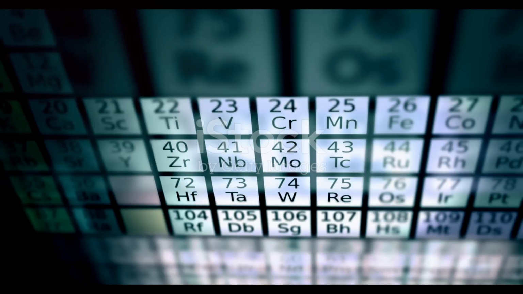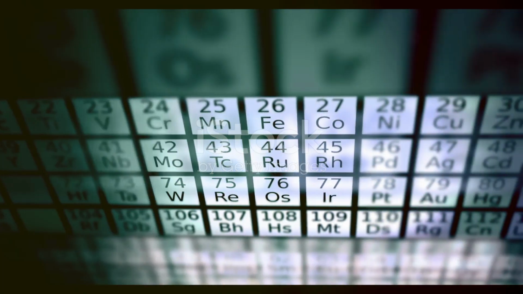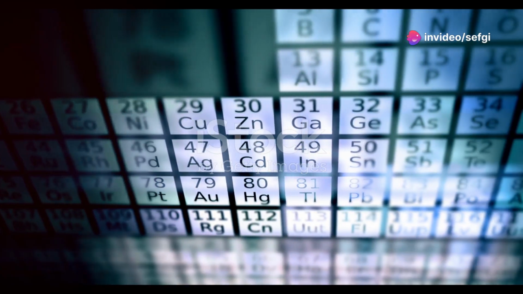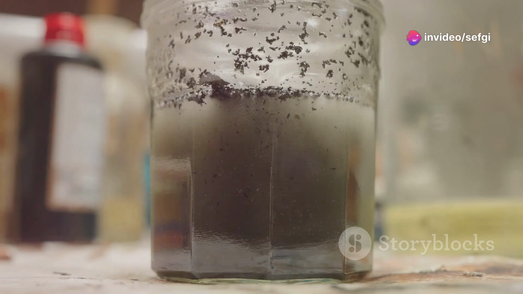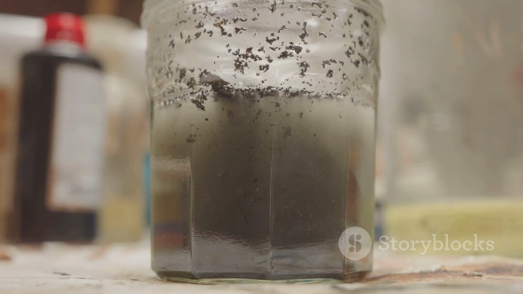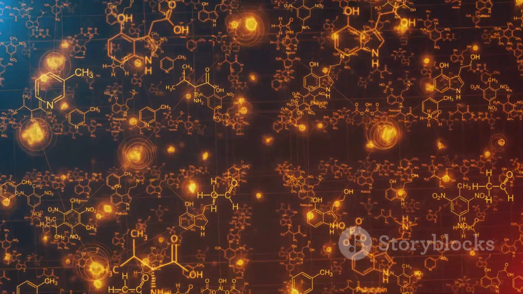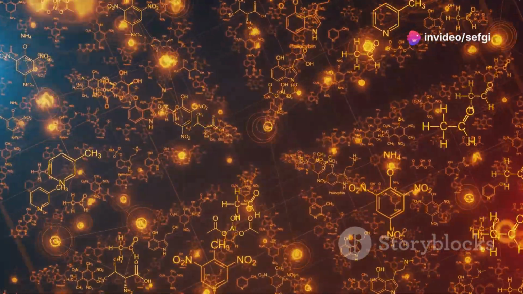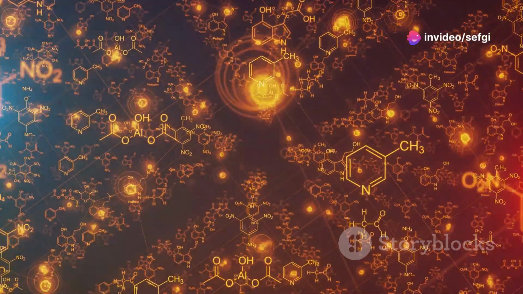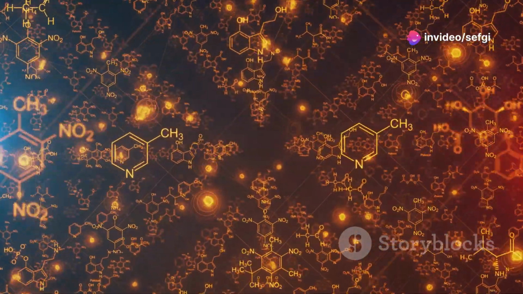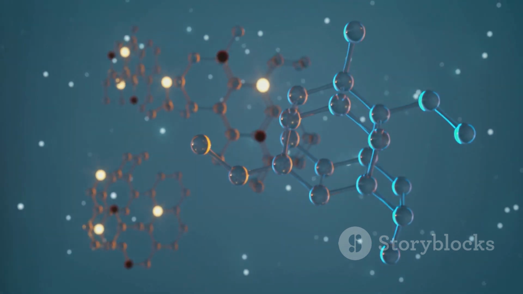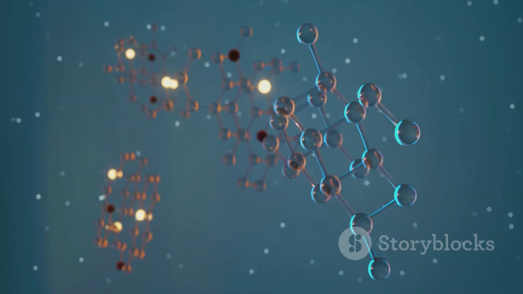With a limited number of elements, each characterized by its unique atomic structure, an astounding array of molecules and materials can be created. These elements, organized in the periodic table, each have distinct properties that dictate how they interact with one another. Just as 26 letters of the alphabet can be combined to form an infinite number of words, atoms can be arranged and rearranged to form the building blocks of everything we see around us. This combinatorial potential is what makes chemistry so fascinating and powerful.